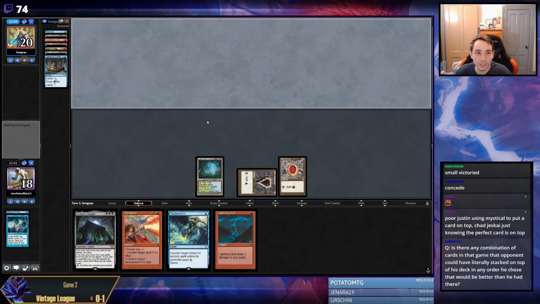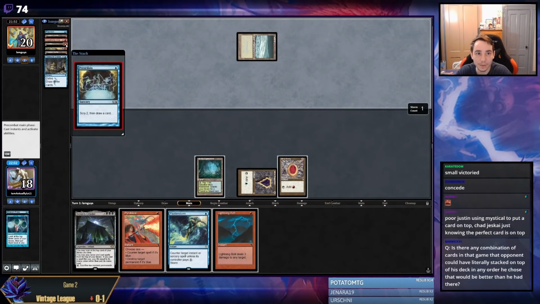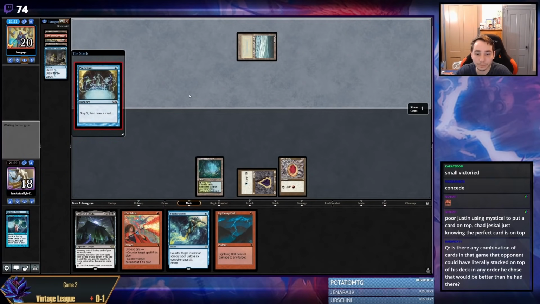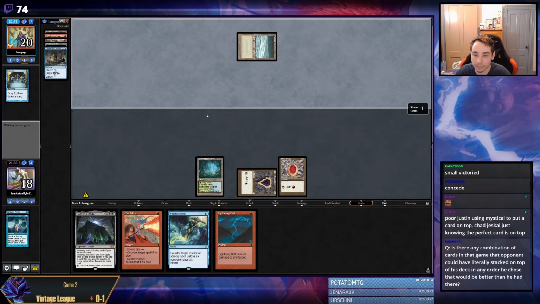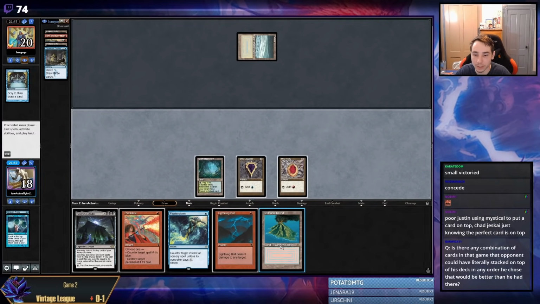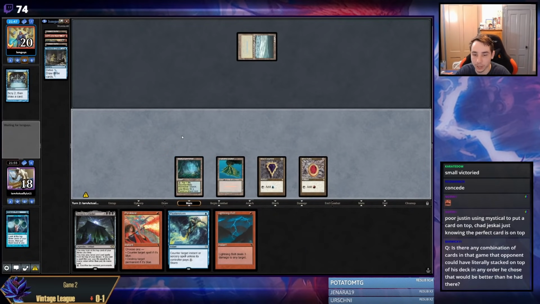I'm thinking we just... Nah, I probably let the Preordain resolve. What am I kidding? I think I'm gonna draw this other land here. The only thing I would rather draw is like a super action, but I'm not gonna draw the jet, but